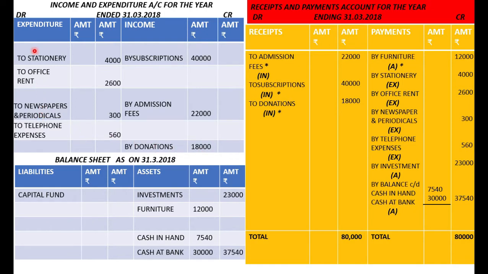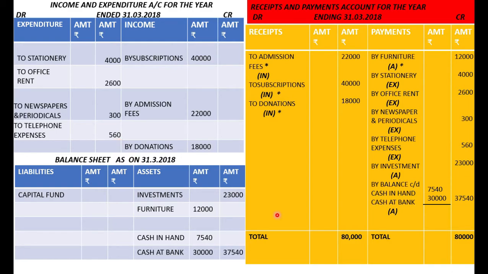It is recorded in the expenditure side of income and expenditure account, that is the debit side, to telephone expenses 560. Students, here all these expenses amount is written in the outer column as there is no adjustment on these